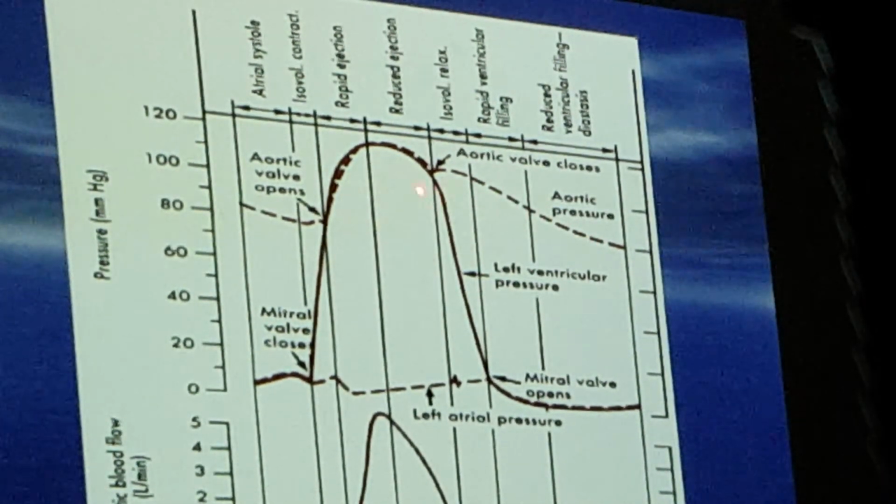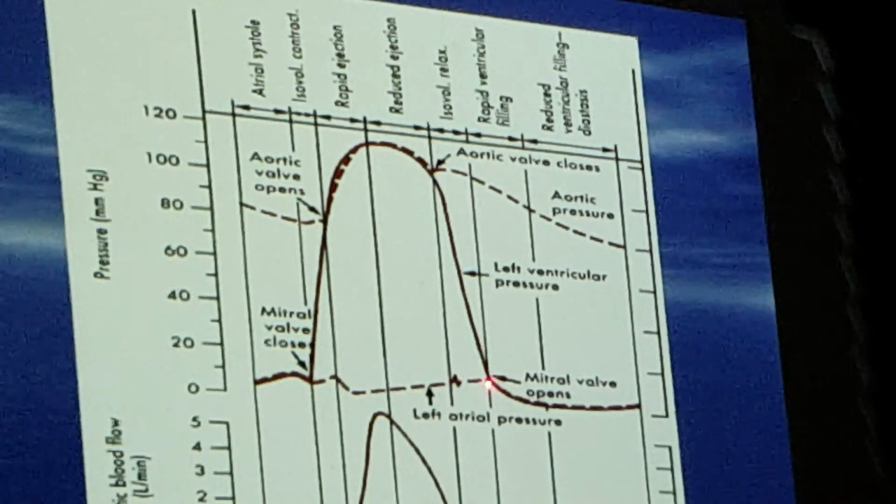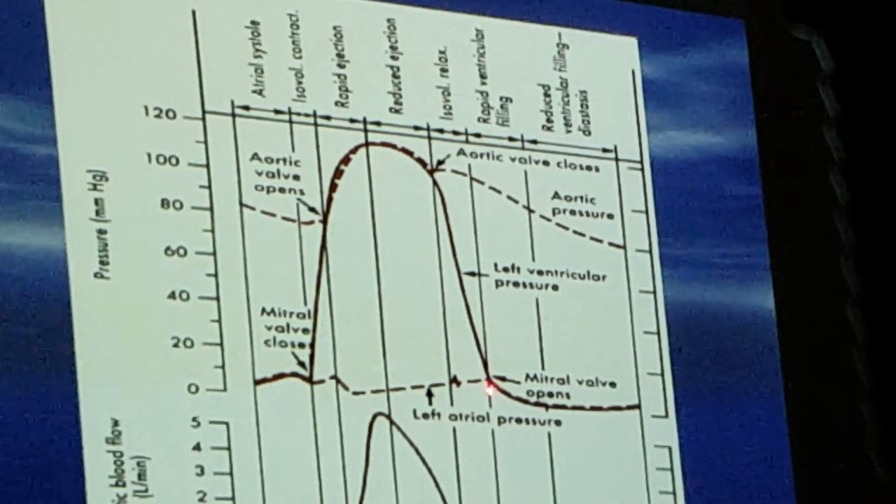Okay? But it drops rapidly in the ventricle, and finally when the pressure in the ventricle drops lower than the pressure in the atria, the mitral valve opens, and all that blood that was coming into the left atrium falls into